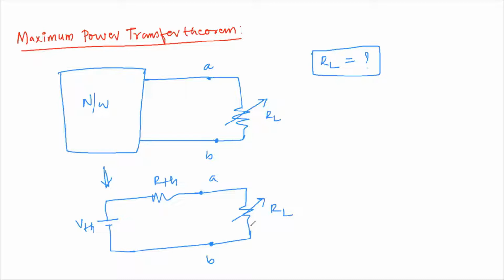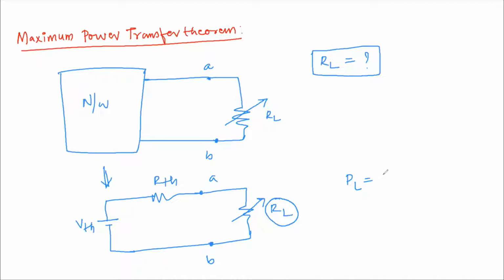Before finding the maximum power transferred to the load resistance, first we have to find the power equation. Then, in order to find the maximum power, we have to do some calculations. So tell me what is the power transferred to the load, PL. Assume the resistance of load is RL, kept constant at this point.